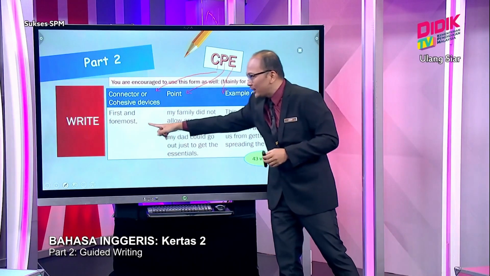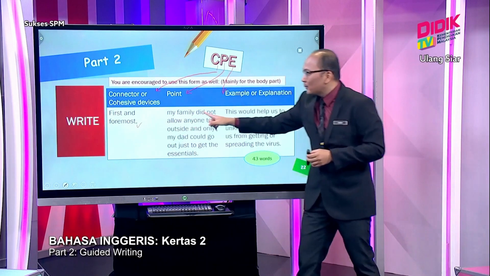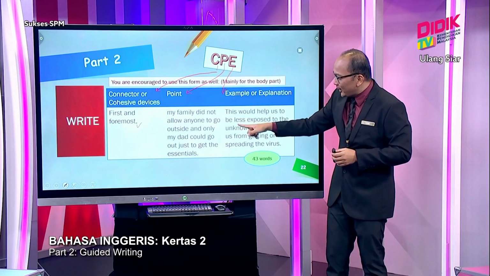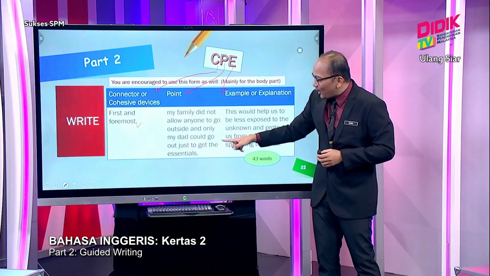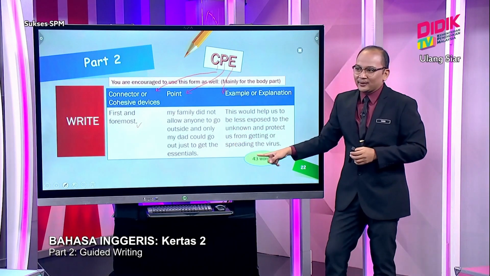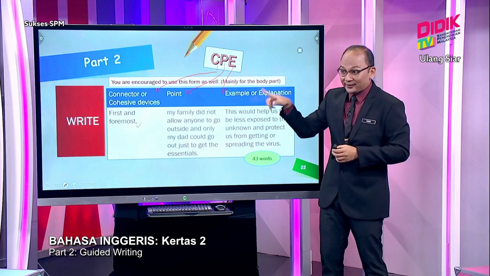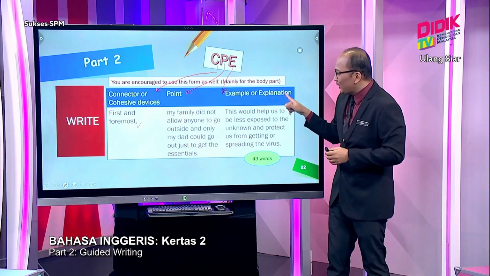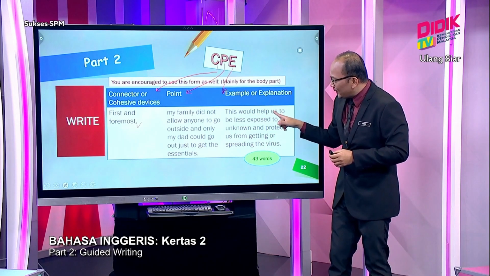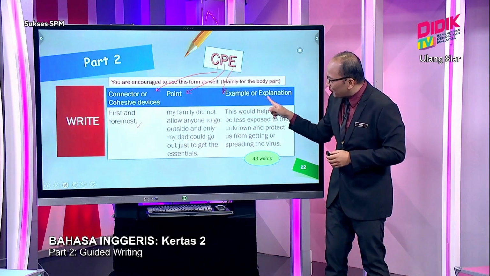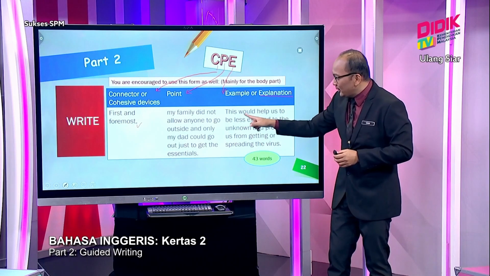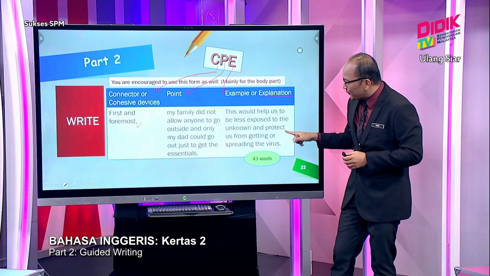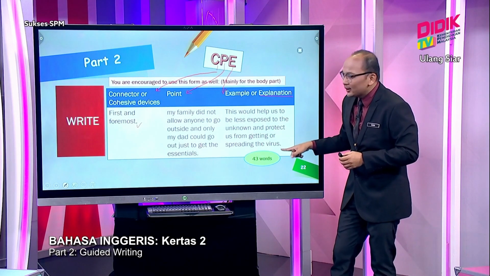So the example I am giving over here, first and foremost, is one of the examples of cohesive devices. What is the point? My family did not allow anyone to go outside, and only my dad could go out just to get the essentials. Which is the step taken, which is answering the prompts. First prompt, example or explanation. So the answer is included for the explanation part. This would help us to be less exposed to the unknown and protect us from getting or spreading the